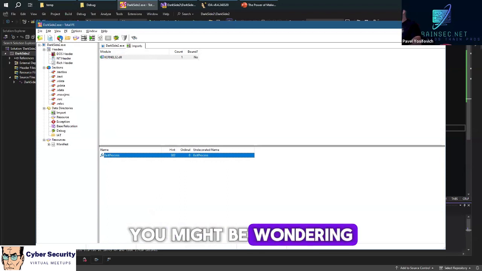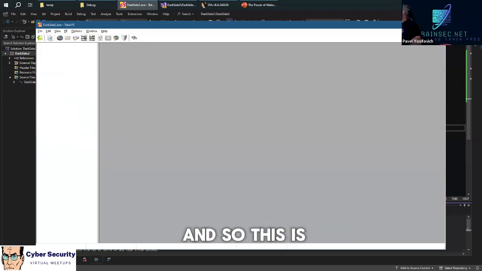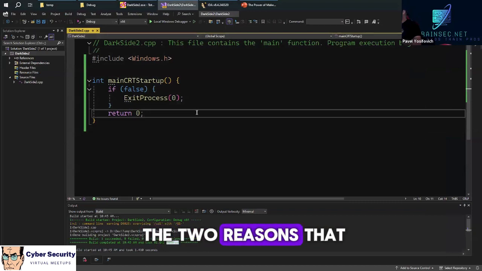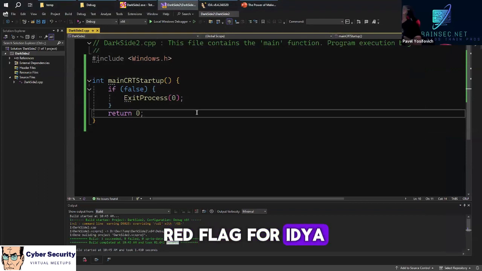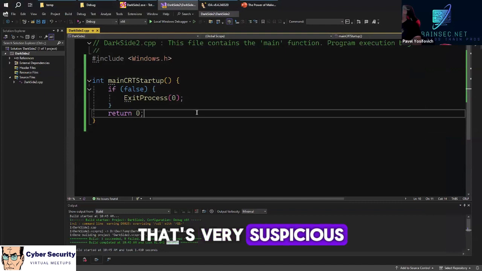Now, you might be wondering, why do we need the single import there? Is that giving us anything? This is just something I can probably guess. There are two reasons that it exists. The first reason is that if you have no import table, that might be a red flag for EDRs. They'll say, wow, I have an executable here with no import table. That's very suspicious.